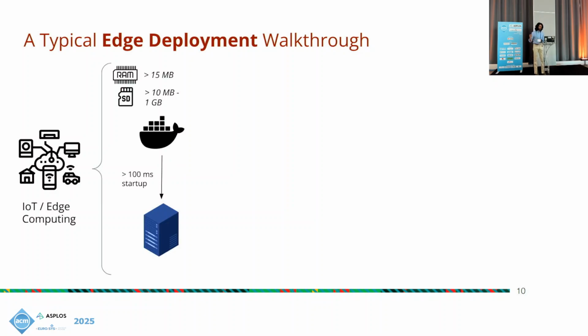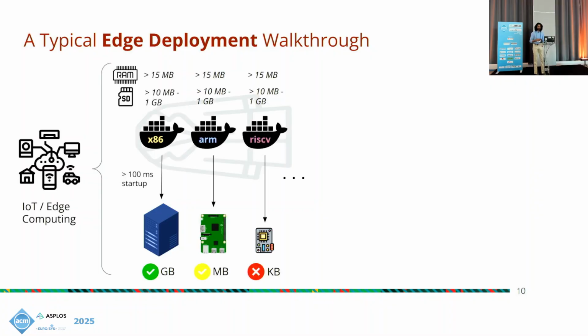Right now, we have technologies like containers. These take anywhere from megabytes of RAM and even up to a gigabyte of disk. In fact, I think the Python binary for Docker has about 600 to 700 megabytes, which is huge, and also a high startup time. But the other hidden point here is that we are actually limited to the ISA. And if you want to deploy this to numerous ISAs, what you essentially have is multiple containers in a trench code, which means you have a Python binary that's multi-arch is now n times the size that it would be for a single architecture. Additionally, you can't really deploy these to small devices like embedded devices that only have kilobytes